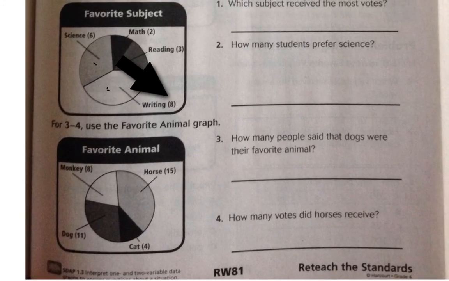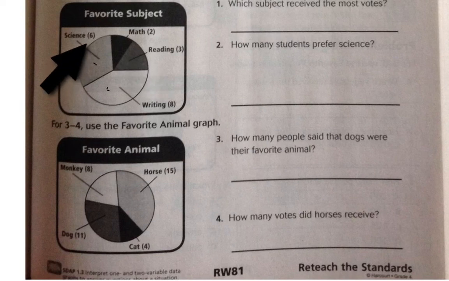So right here, we've got writing is 8 students, and science is 6 students. All right, so I've got 8 students and 6 students,